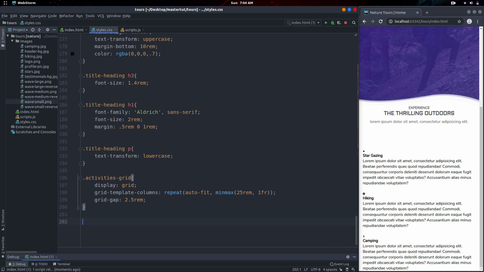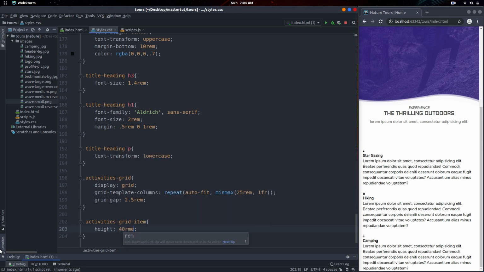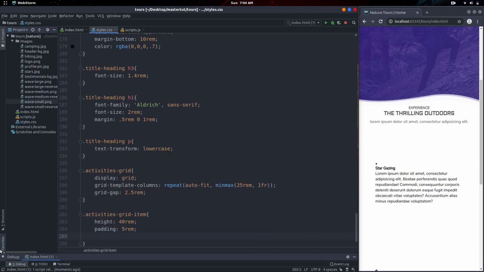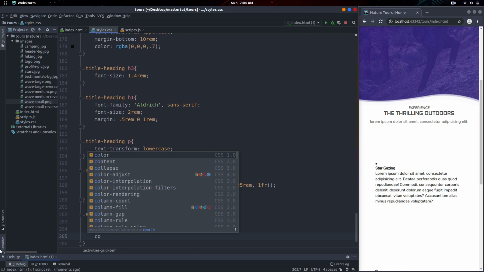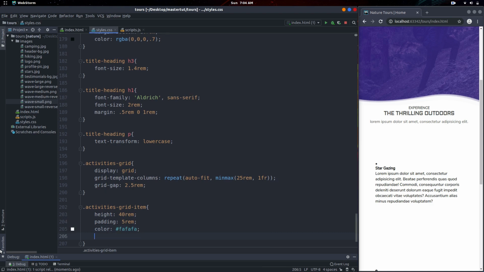Now after we actually style the activities grid, the next step is to style the grid item. So again, activities grid item. In here, I want to set up a height of 40rem. Then I want to give it some padding of 5rem all around. Then I want to make sure that my color is set to FAA again, and it's going to go away,